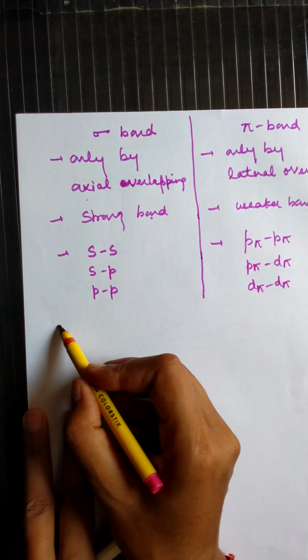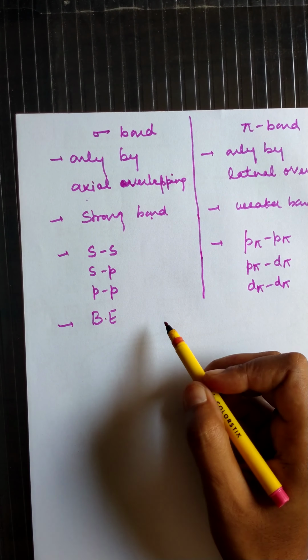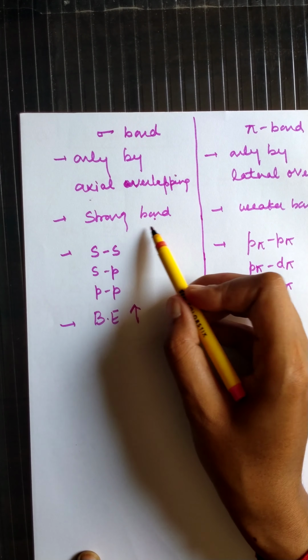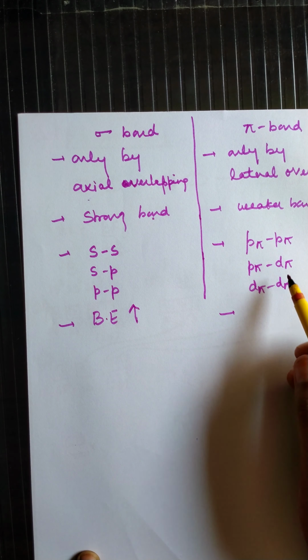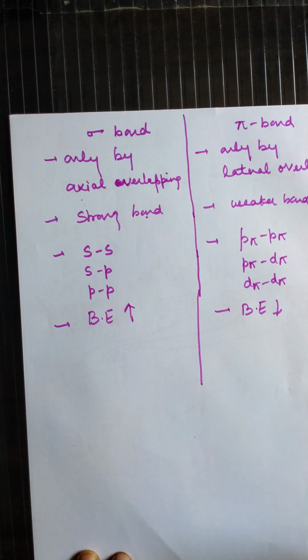Since it is a strong bond, that's why a greater amount of bond energy is required. Bond dissociation energy will be more because more energy will be required to break this bond. Whereas the pi bond has lesser bond energy, that means less energy will be required to break this bond. Okay. So next is the